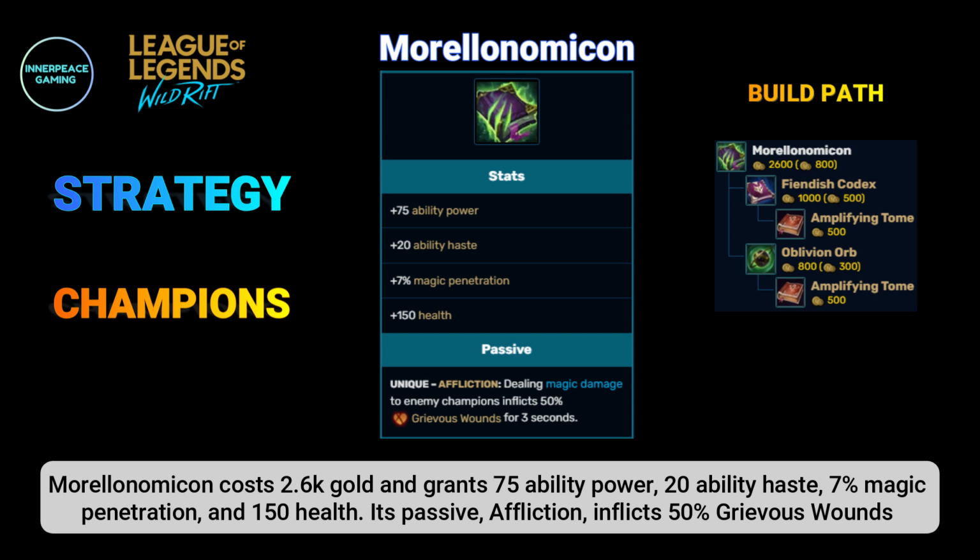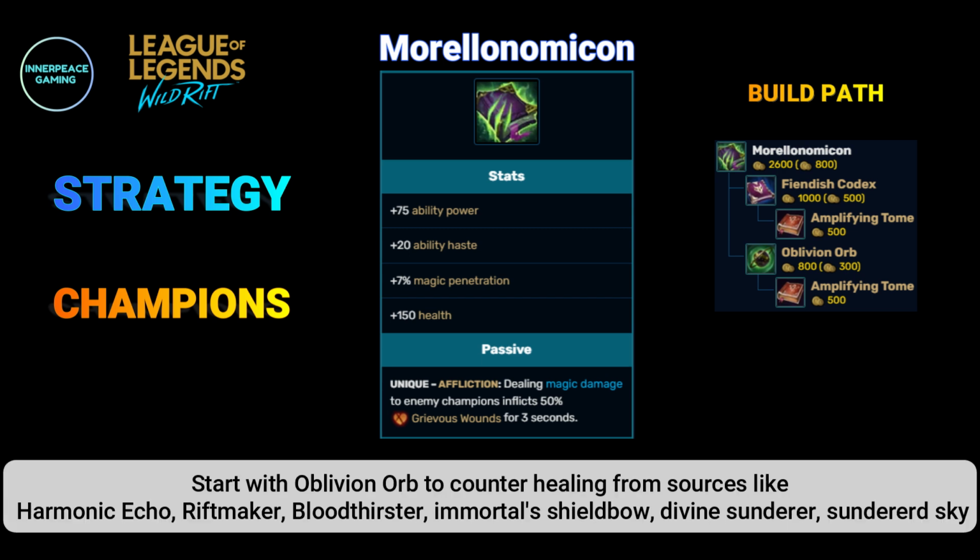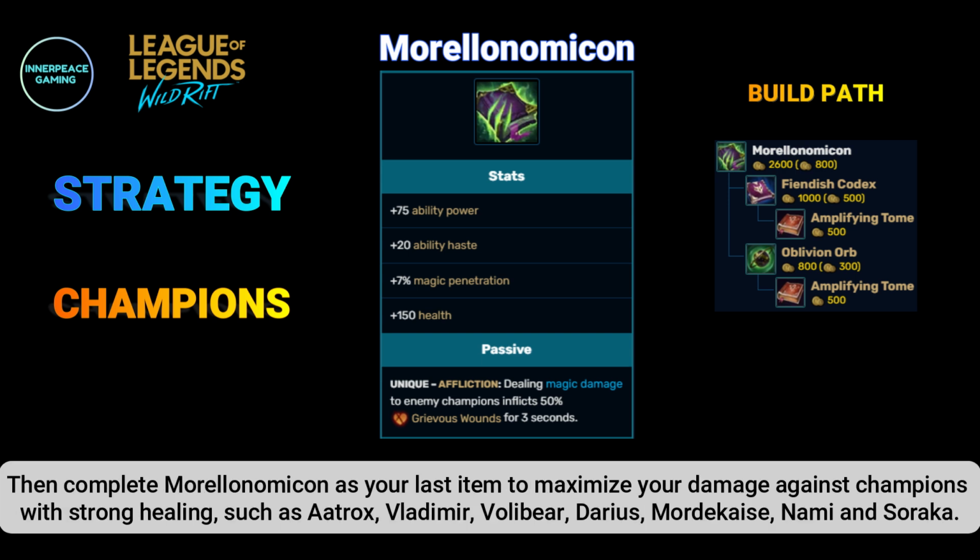Morellonomicon costs 2,600 gold and grants 75 ability power, 20 ability haste, 7% magic penetration, and 150 health. Its passive, Affliction, inflicts 50% grievous wounds on enemy champions for 3 seconds when you deal magic damage, reducing their healing and regeneration. Start with Oblivion Orb to counter healing from sources like Harmonic Echo, Riftmaker, Bloodthirster, Immortal's Shield Bow, Divine Sunderer, Sundered Sky. Then complete Morellonomicon as your last item to maximize your damage against champions with strong healing,